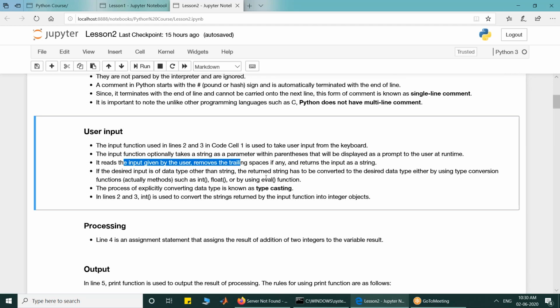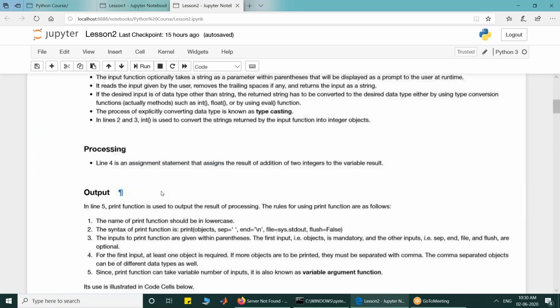So if you want input in any other format like integer, as required in this program, you have to typecast it, convert it. Or we can also make use of the evaluation function eval to get the input. And then the next line is line number 5, which is for processing. In the processing part, we have just added the numbers.